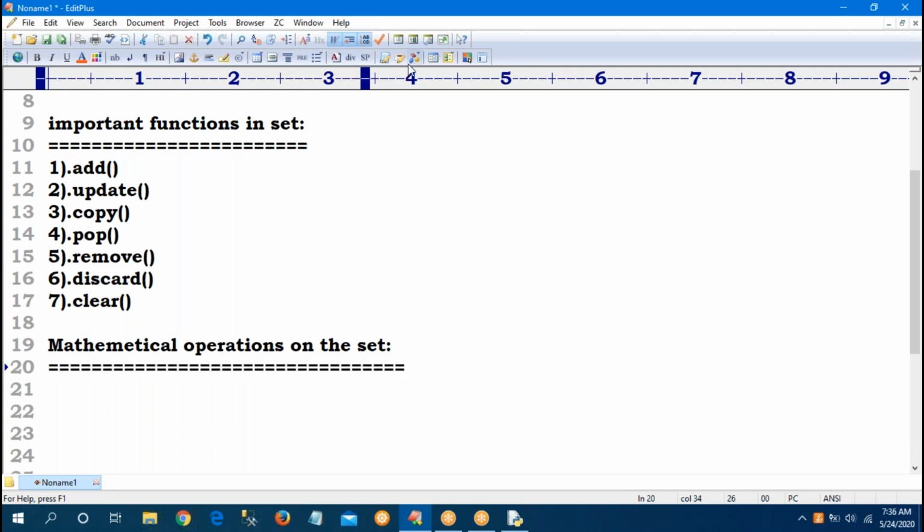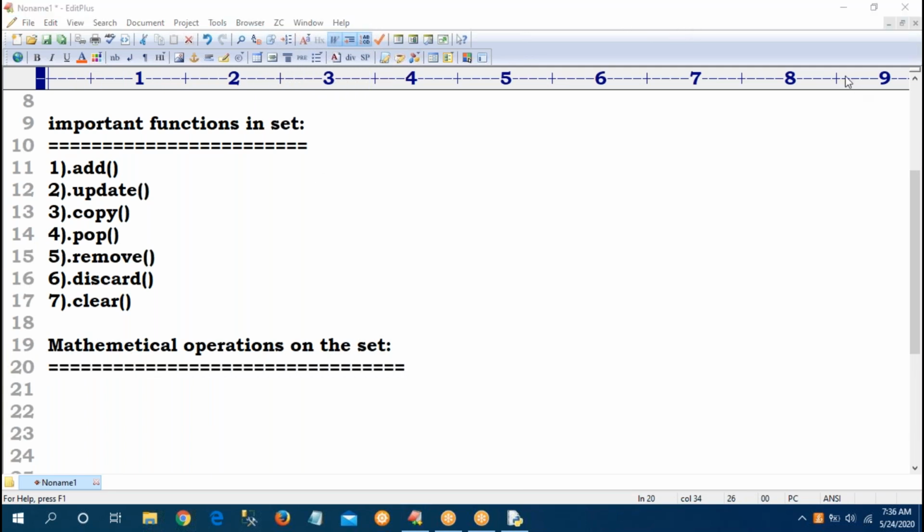Mathematical operations. There are some operations: union, intersection. In our childhood, in 10th class, there were some diagrams.